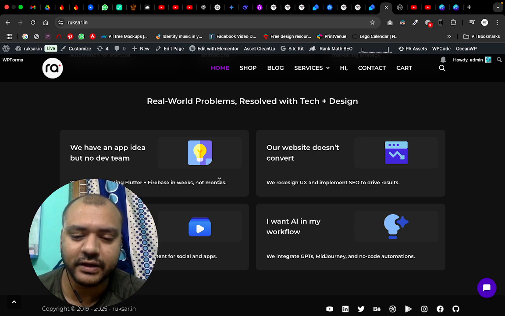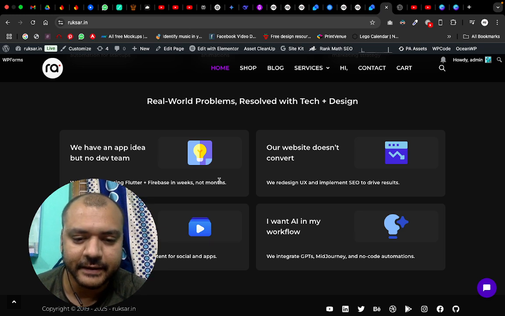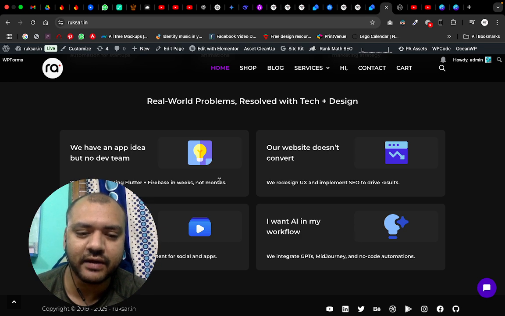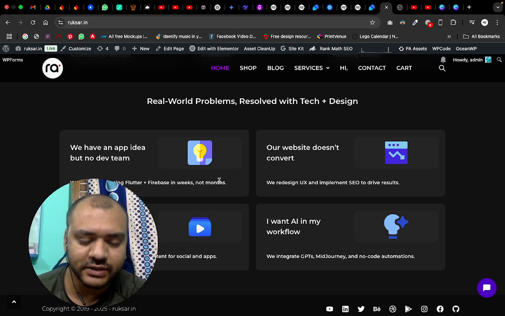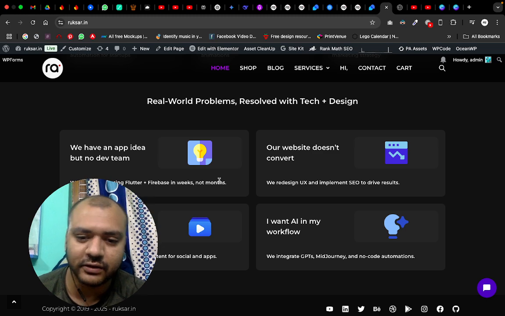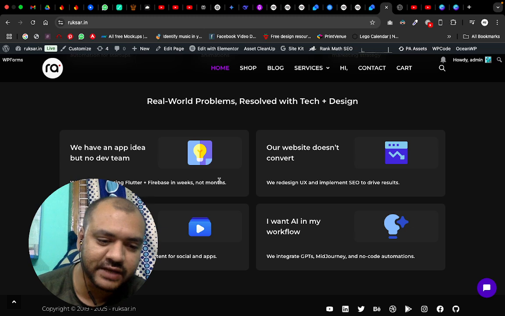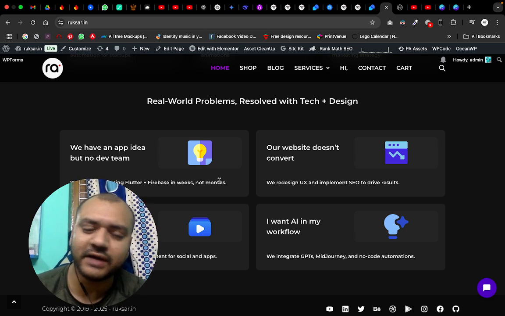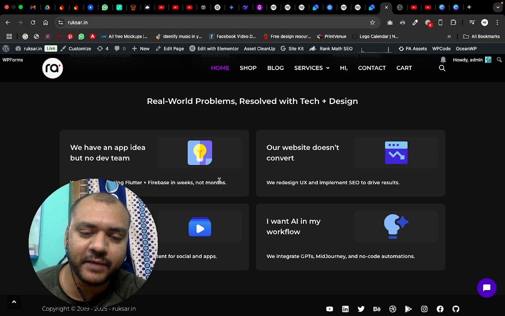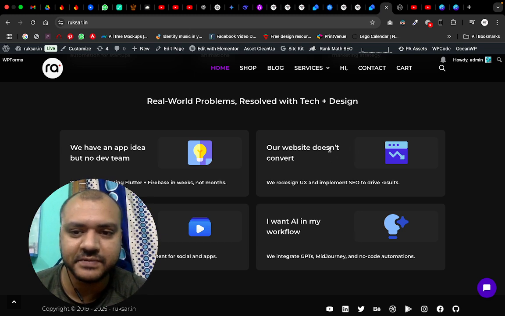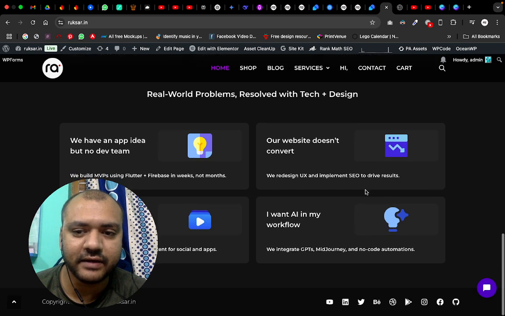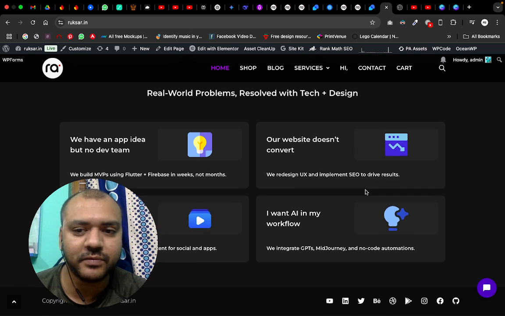Just we have to design a responsive website, and if we are integrating with some native features, then that might not work well with web users. So we will have to divide those web use cases and mobile use cases separately for the project. But one code would help to optimize for both the sides. And then if your website doesn't convert or redesigning is needed, definitely we can do it, and we can also optimize your